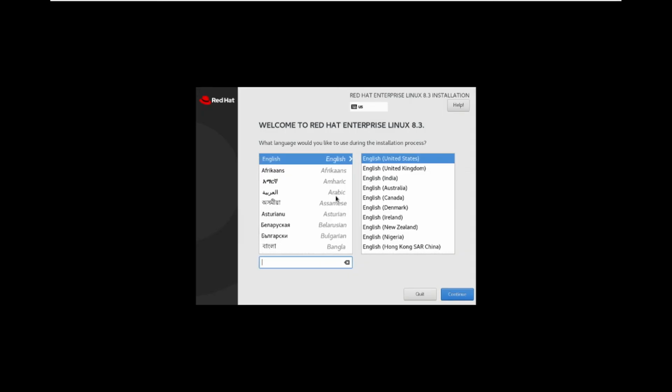Now welcome to Red Hat Enterprise Linux. Please select the language, which is English, then continue.